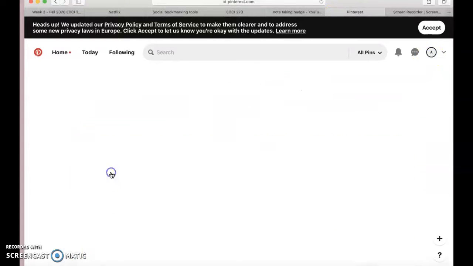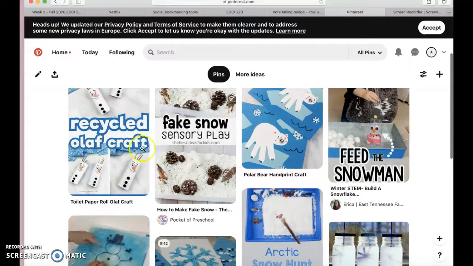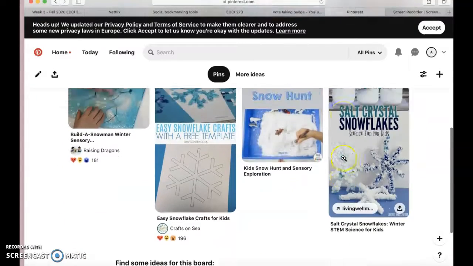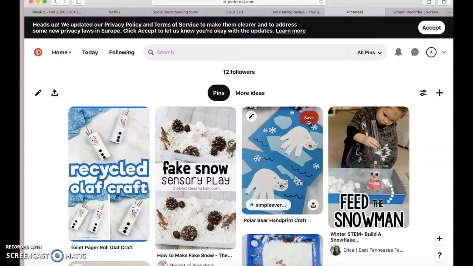And another one I did was winter, because that's the last season. And for winter, we have a recycled Olaf craft, or an Arctic snow hunt, or a salt crystal snowflake. So there's some fun, super